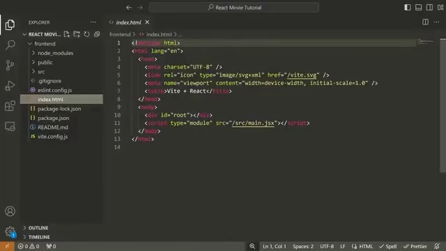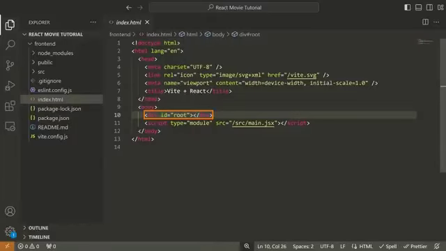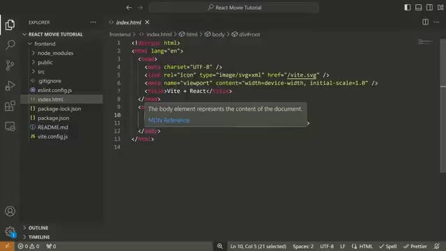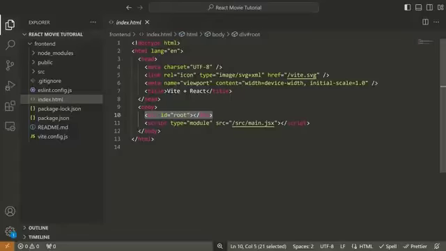This is where we'll actually inject our React code. So the way this kind of works is we have this div with the ID root, and all of the code that we're about to write, we're pretty much just going to throw that inside of this div. So React will kind of manage the DOM. It will handle all of the HTML being rendered to the page. And the way it does that is we inject the code inside of this div, and then React kind of